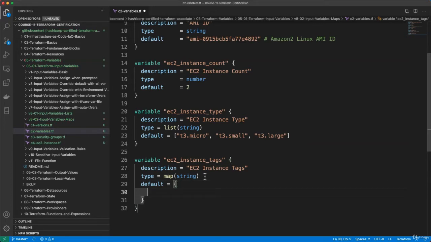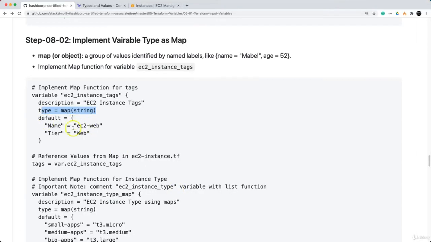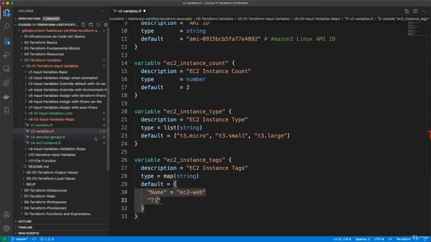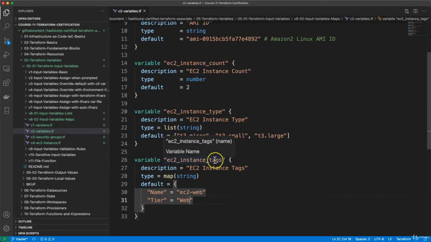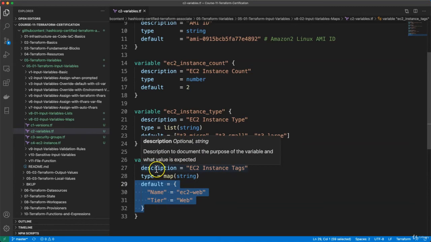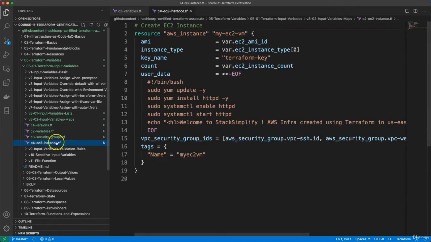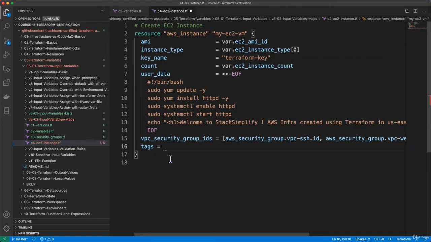The first key we define is name, with the value ec2-web, and if you want to add one more, I'll say tier with the value web-tier. So these are the EC2 instance tags, and you have defined a default map for it. The same thing you can reference in your EC2 instance in c4 EC2 instance. I'll remove the existing one here, and in tags I can say